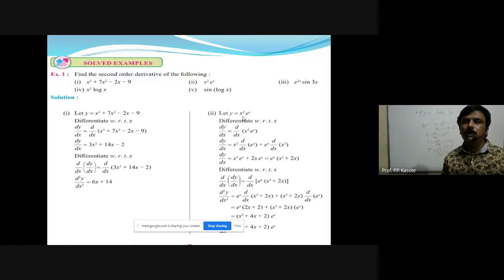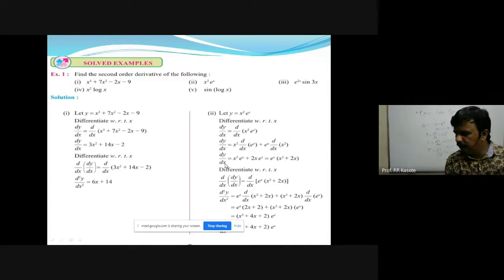यहाँ पे हमें product rule apply करना पड़ेगा to find the first order derivative. Let us use the product rule. What the product rule is? That is, if y is equals to u into v, then its derivative is u into derivative of v plus v into derivative of u. Let us use the product rule to find the derivative of this function. So see the third step directly, because you know how to use the product rule. We'll write the answer directly.